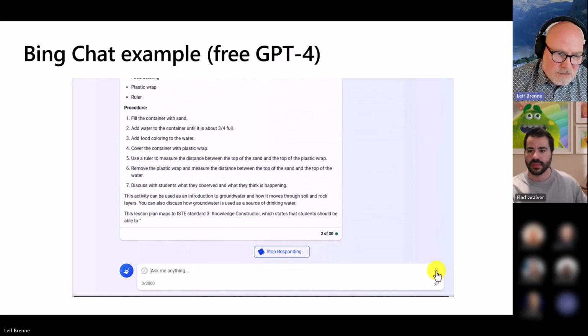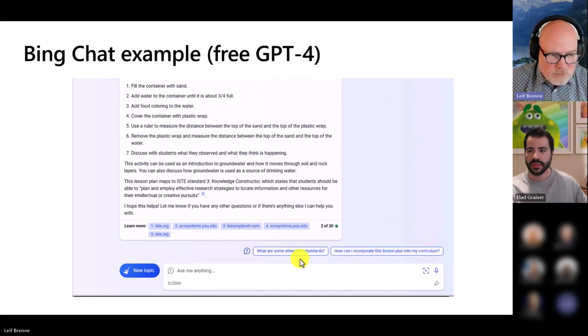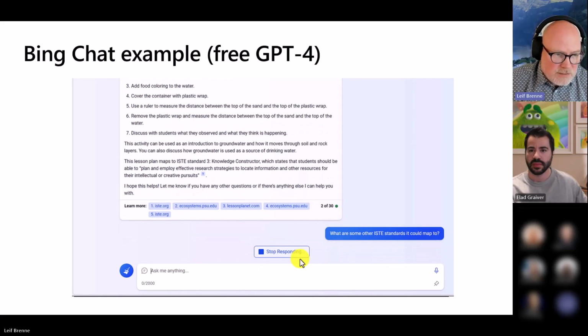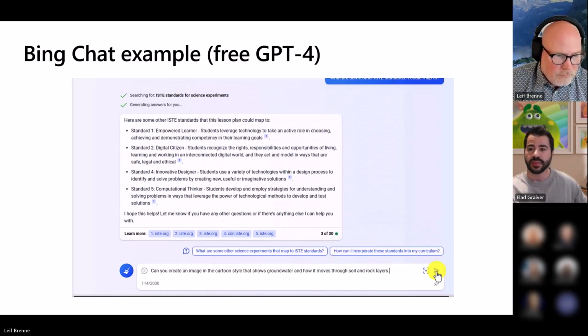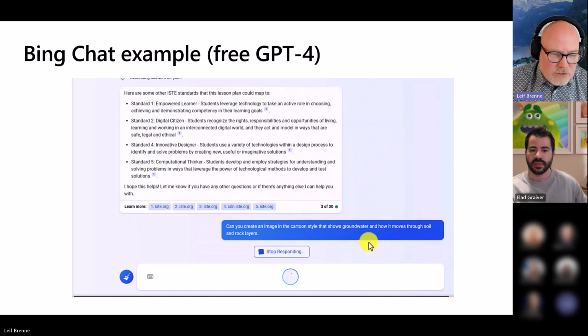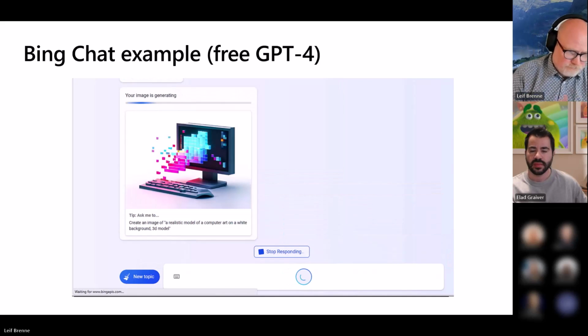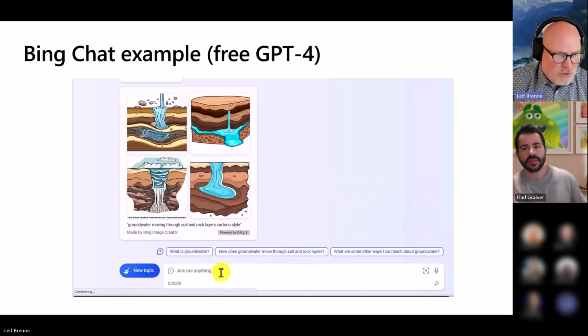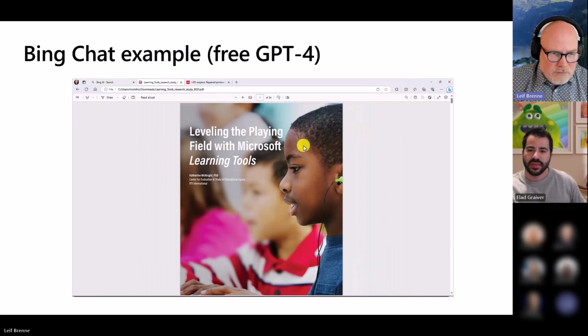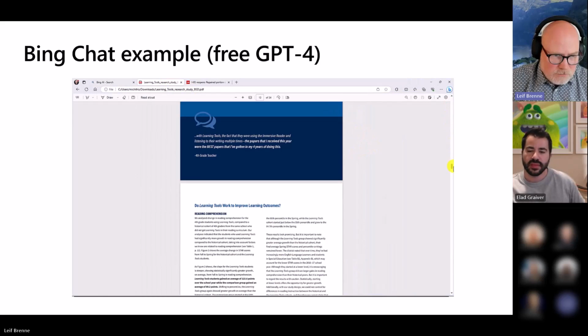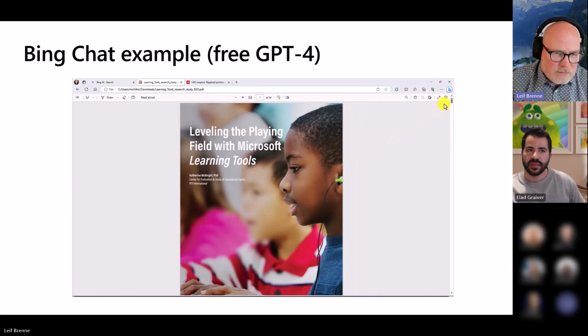Now, maybe there are multiple ISTE standards to use. So the question maybe is how can we use all the ISTE standards? That will update as well as a suggestion for you. And we also integrate images too, right? So we can automatically add images into our experience to make it quick for you to create that content for yourself. In addition, if you go to Edge, there's a Bing button, and the Bing button will allow you to analyze files and pages.